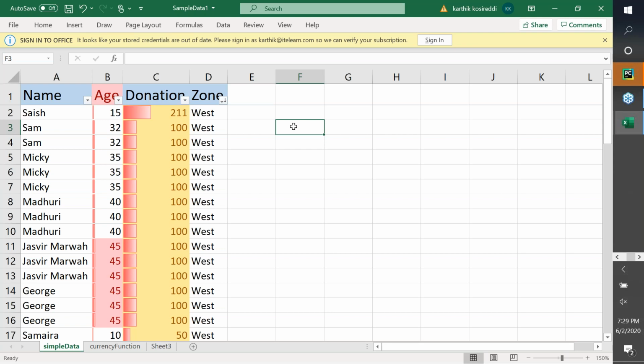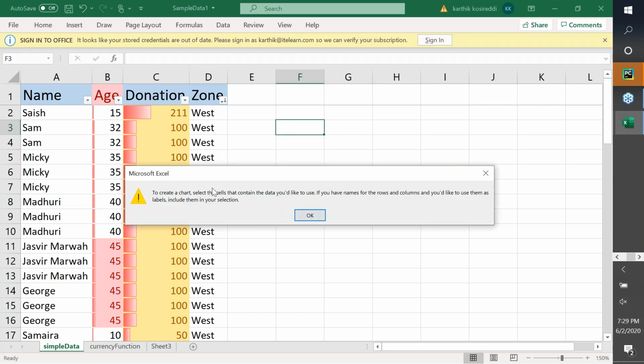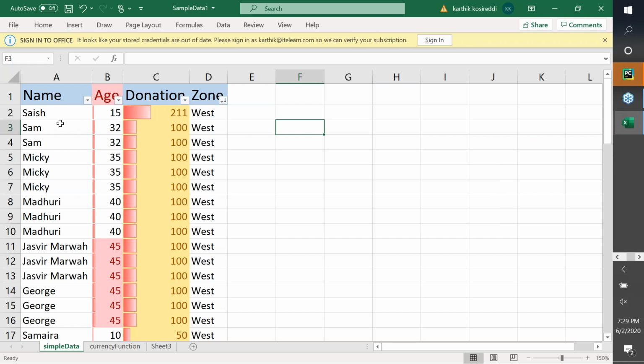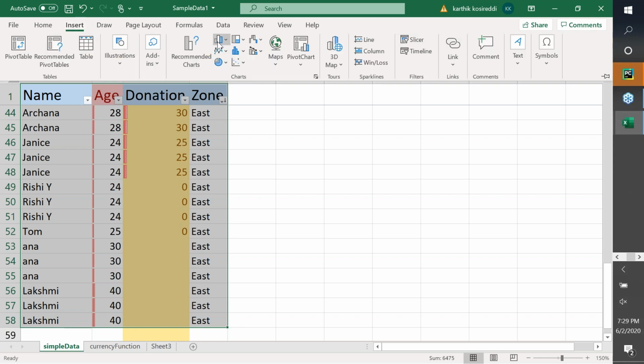So all I'm looking at is where I want it to be. So I click there and I say insert and let's say recommended chart. Select the cells that contain the data you'd like to use. Selected, insert, recommended chart,